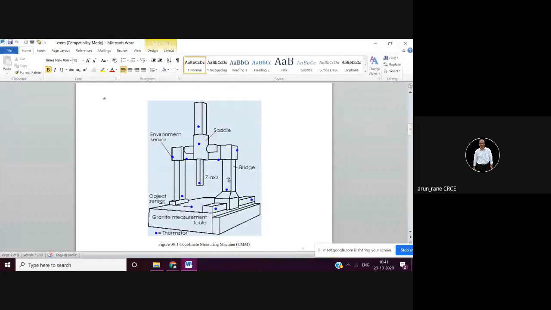So you will have some fixed program for measuring bores, for measuring cylindricity, for measuring perpendicularity, as well as for checking other dimensions like groove width, outside diameter, inside diameter, all those.